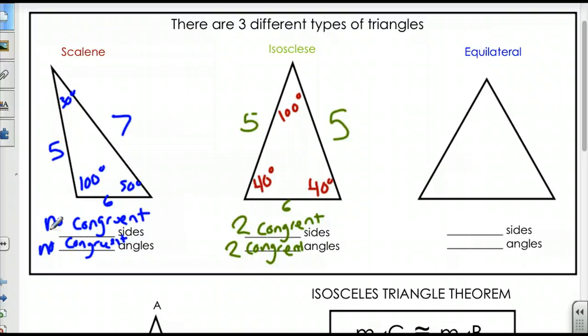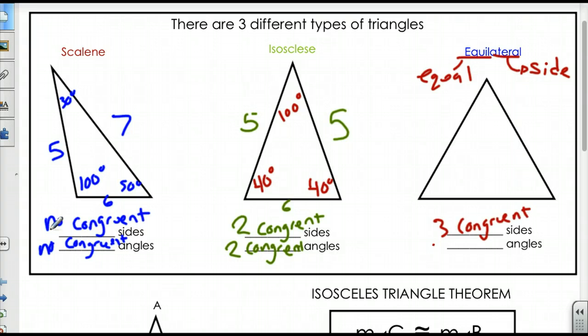And finally, an equilateral, and the main word here is equal. And lateral actually means sides. So equilateral means 3 congruent sides and 3 congruent angles. So if this was 5, this would be 5, and this would be 5. And furthermore, we know all the angles would be the same, which means they have to be 60, since all 3 angles add up to 180. Always like that. Next class we'll be talking about equilaterals, but for this class we're going to focus on